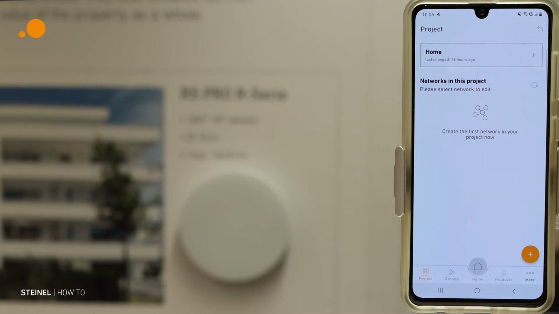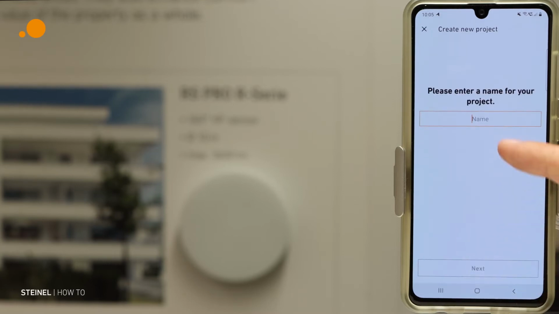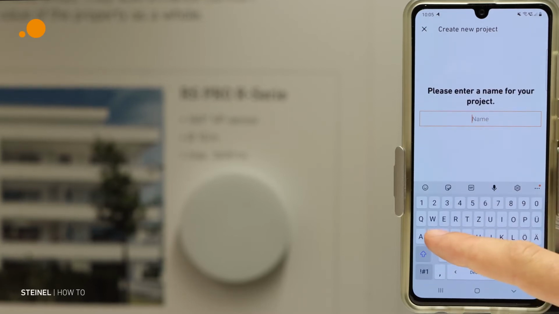The first step in the provisioning is creating a project. When you go to the app, to Projects, you have the option to press the plus button, create a new project, enter the project name,